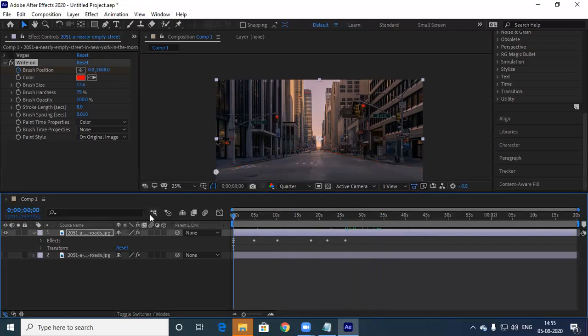Now you play. See. The speed lines and all you can create using this. For example, the other one.